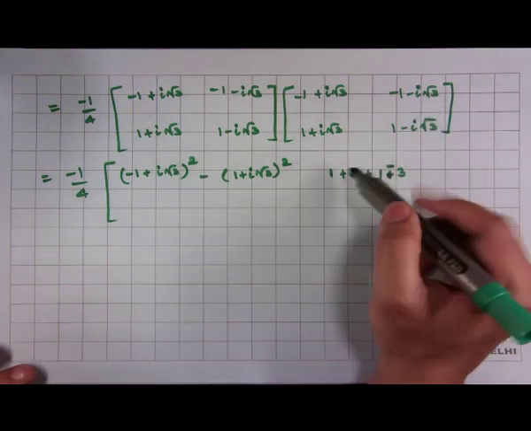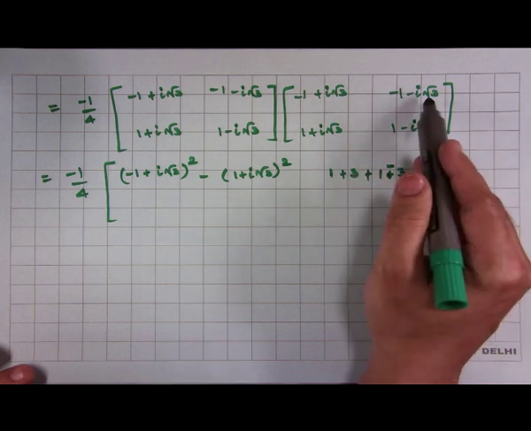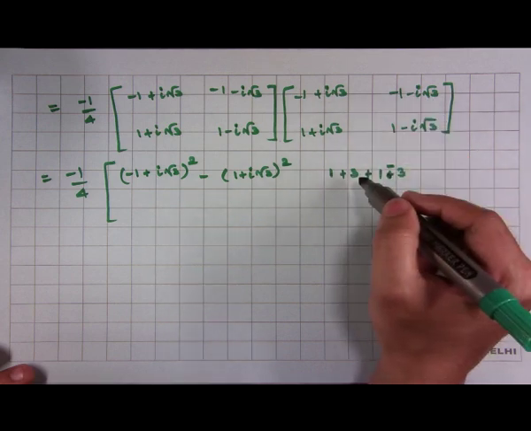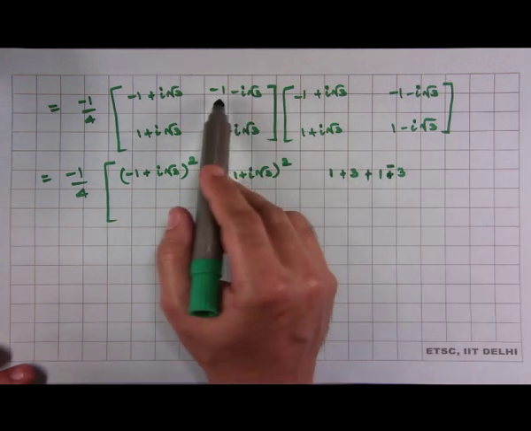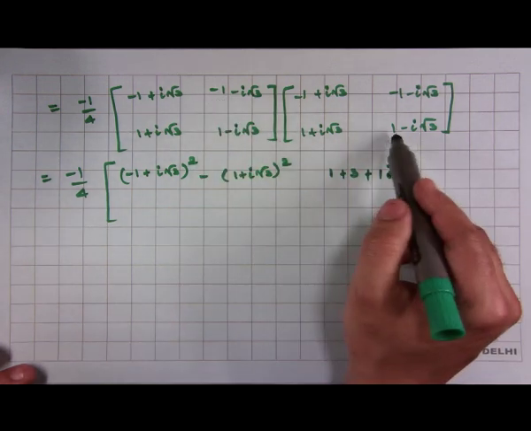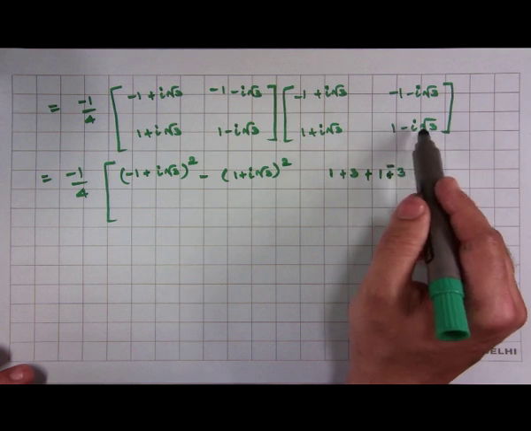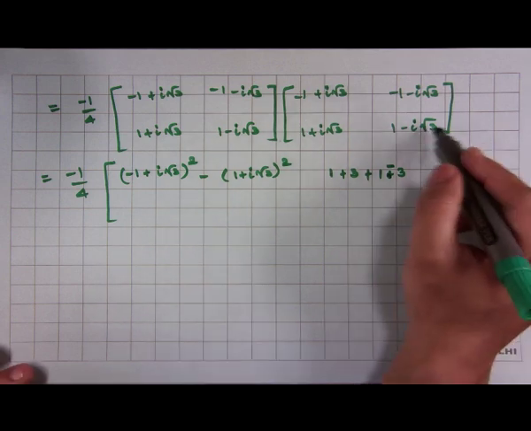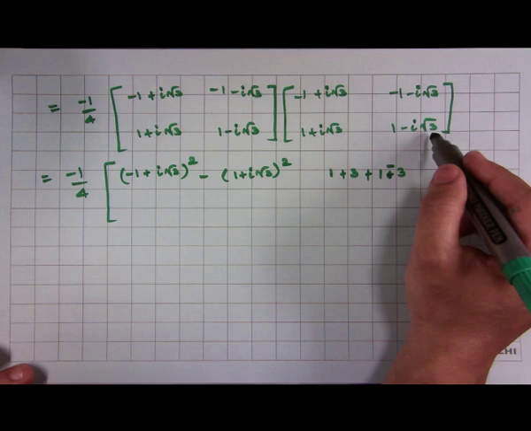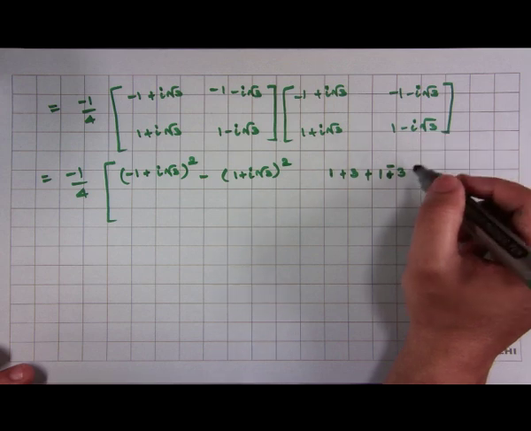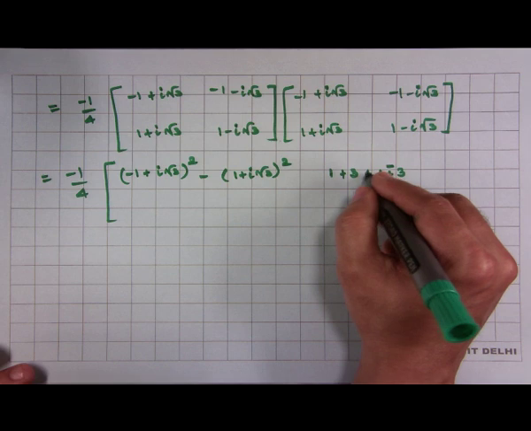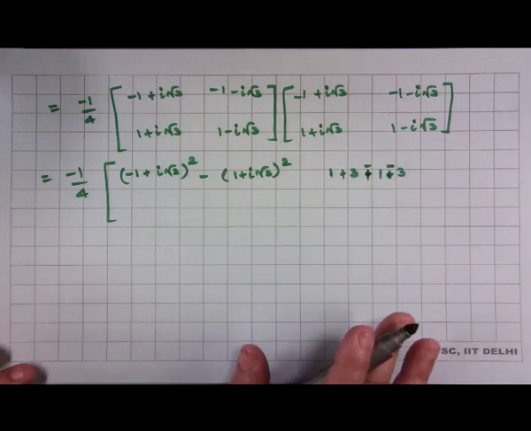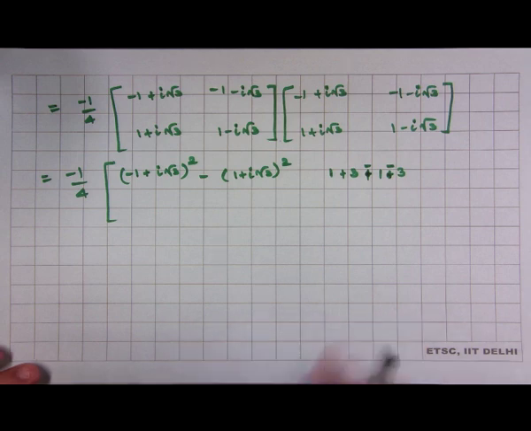A square is 1 minus of b square, which is I root 3, and here a square will give me 1, while b square, no, a square is I root 3, so minus 3, and b is a square minus b square. Fine, I have this, and here